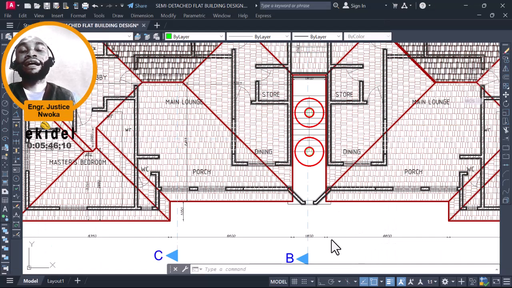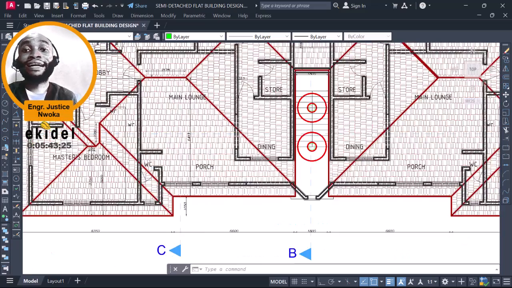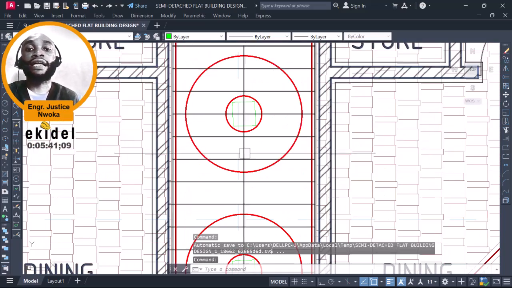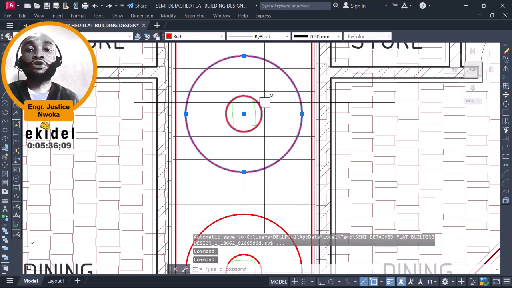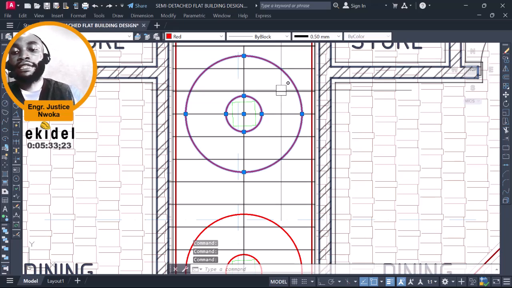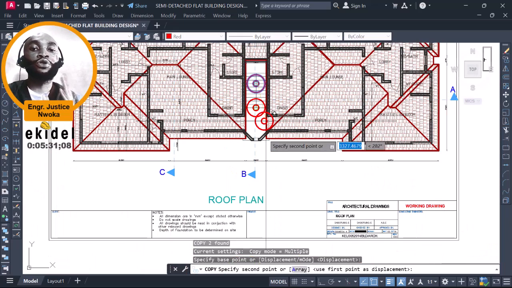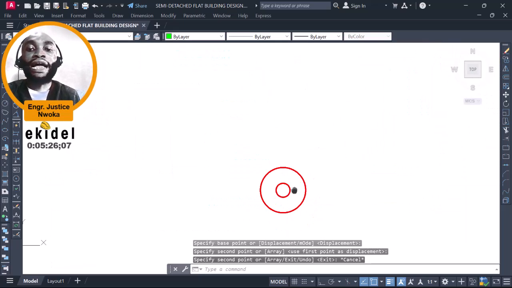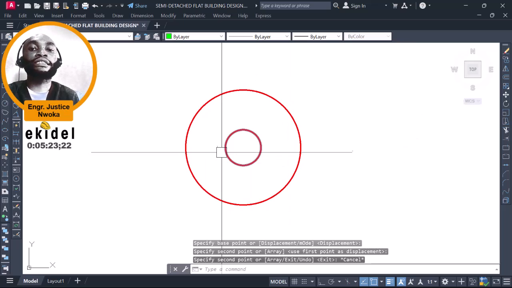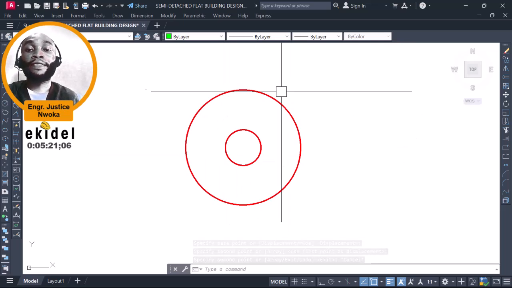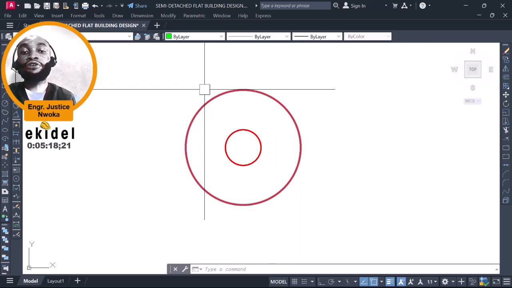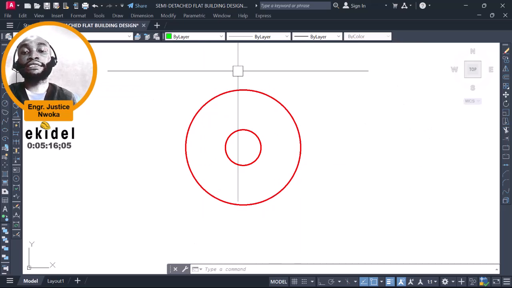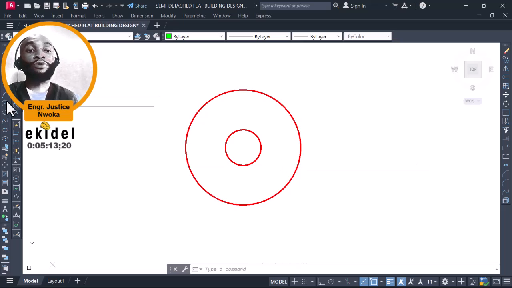Now from our CAD file here, I can see that the geometry of the tank is circular. Can you see that it is circular? So I can choose to copy it out, just one of them, because they are the same. Since the geometry is circular, I'll have to get the area of this circle. So with this, the area of this, what I'll just do right now is